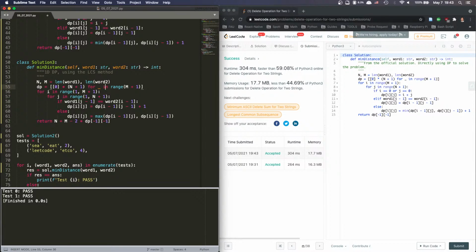So this is going to be 0 times column, right? And these are the same. And then say if it's the same, right? If they're the same, let me think. So it's going to be the previous one, right? The previous one, because,